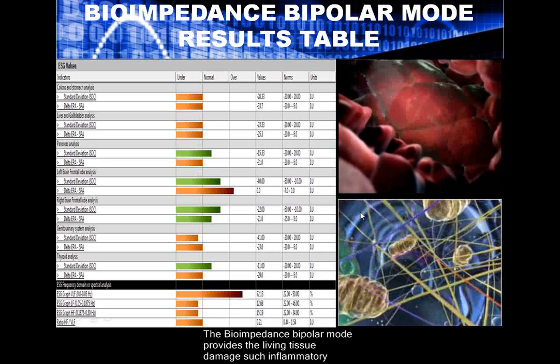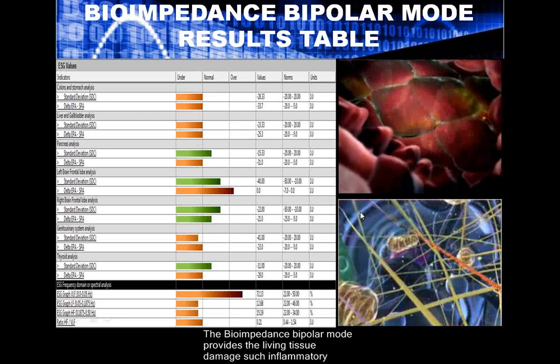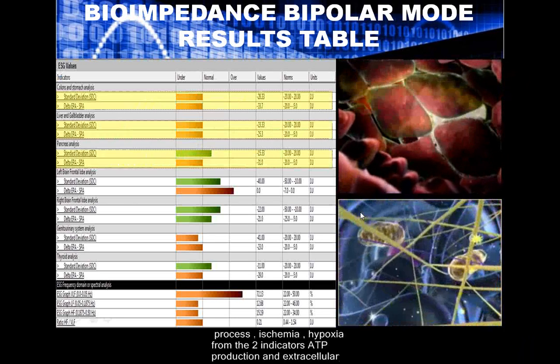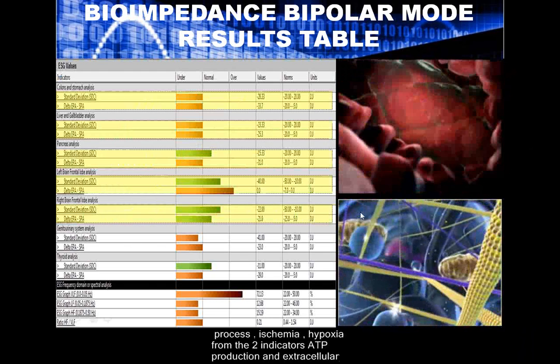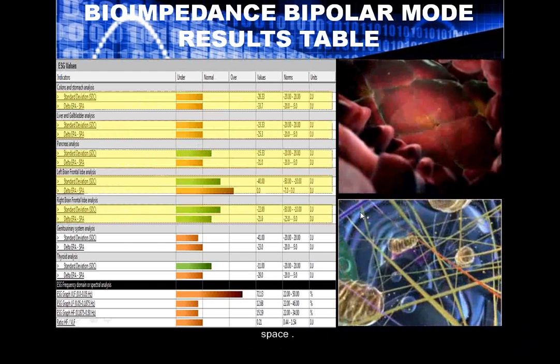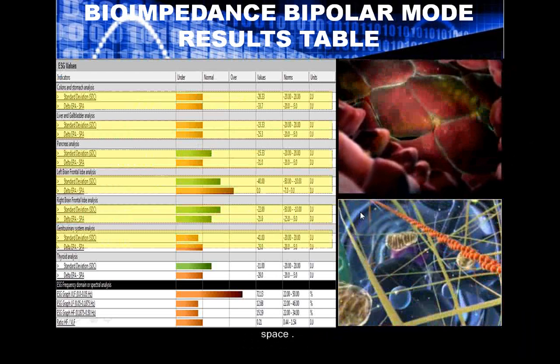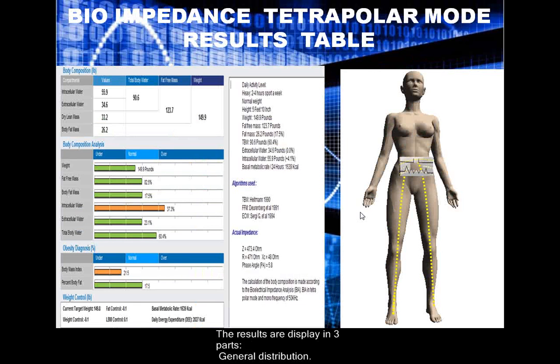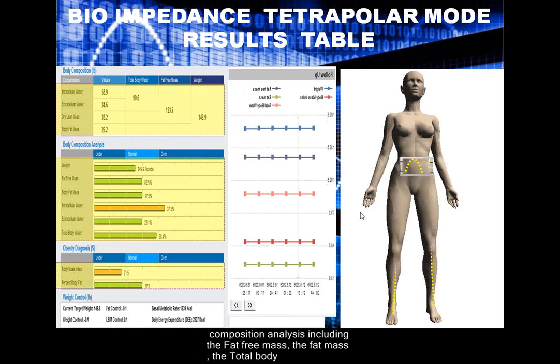The bioimpedance in bipolar mode provides the living tissue damage, such as inflammatory process, ischemia and hypoxia, from the two indicators, ATP production and extracellular space. The BIA results are displayed in three parts: general distribution, body composition analysis, and the obesity evaluation. The body composition analysis includes the fat-free mass, the fat mass, the total body water, the extracellular water and